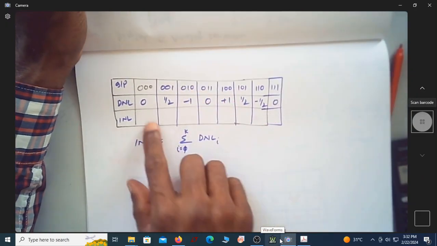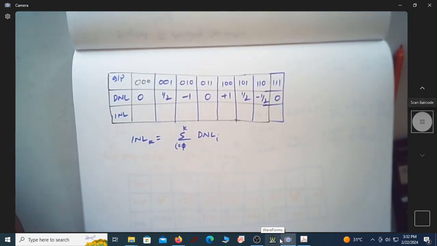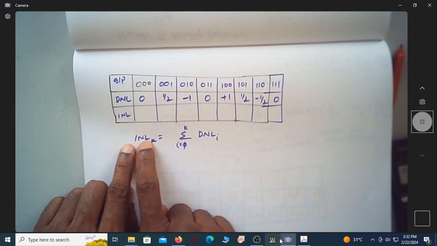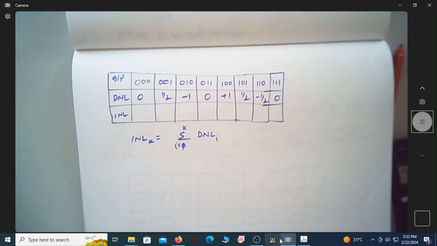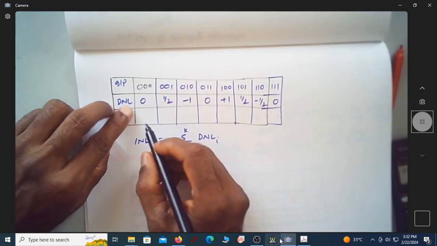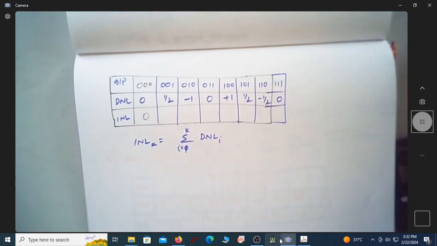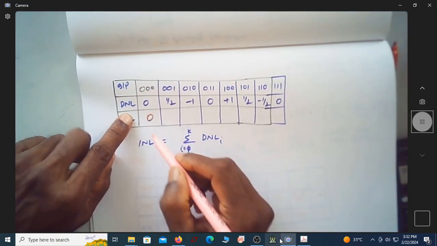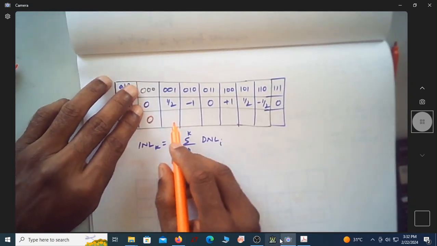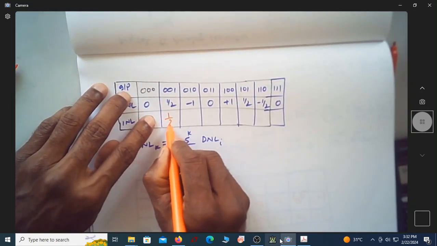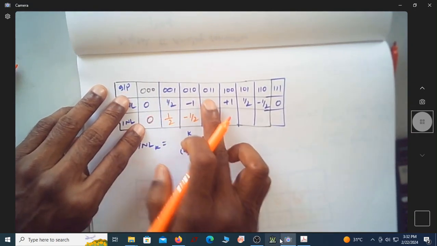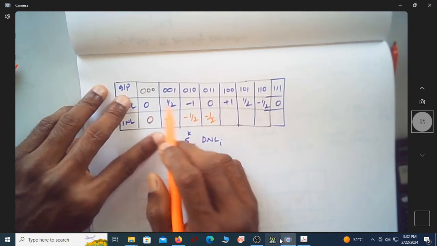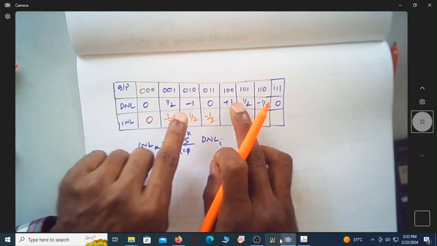I just reproduced those values. I have also written, because I know this, that INL at any bit is given by the summation of DNL till that bit. So I can simply complete this by adding all the terms. So here it is 0, and this is 0 now. So what is this? This is half LSB, and this plus this is actually minus half LSB. This plus this plus this plus this is again minus half LSB, and this plus this plus this plus this plus this